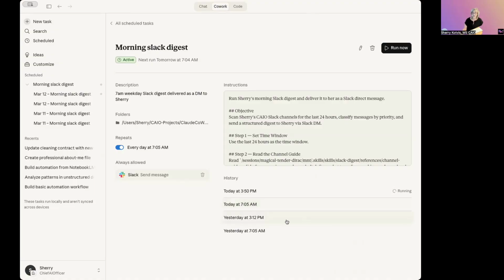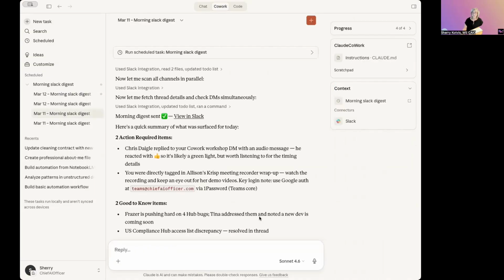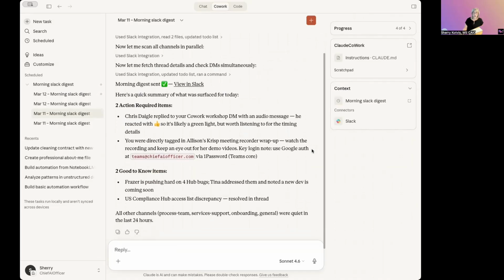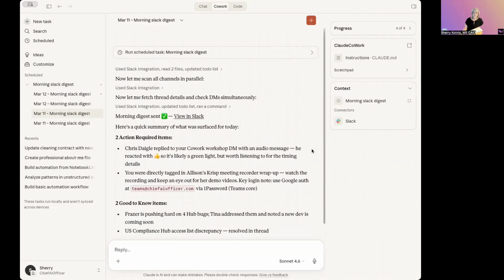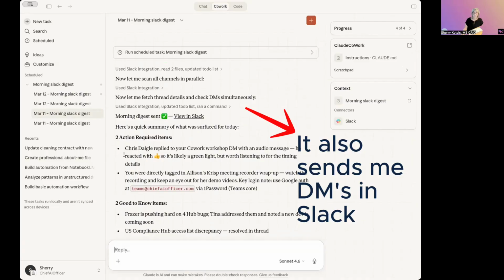One of the things I did when I set this up is I wanted it to prioritize certain messages. So if something came in from, let's say, Chris Daigle, I wanted it to be marked as a priority,